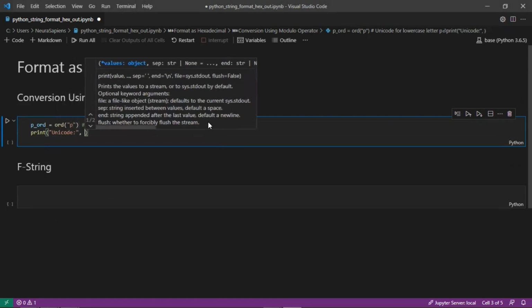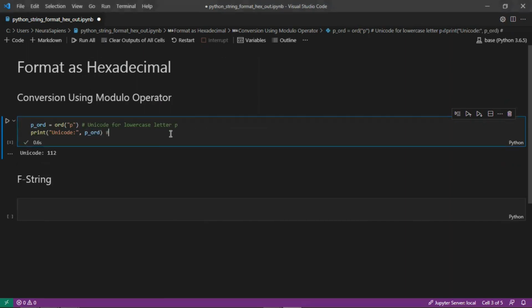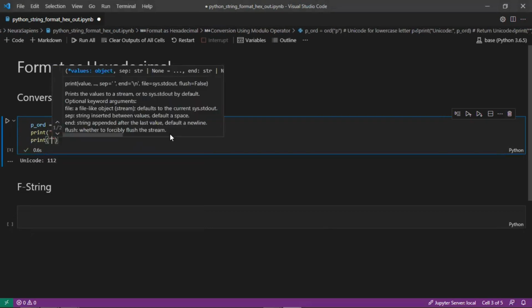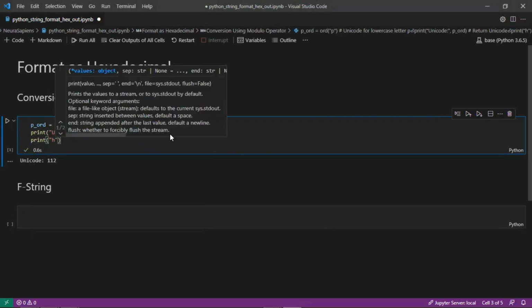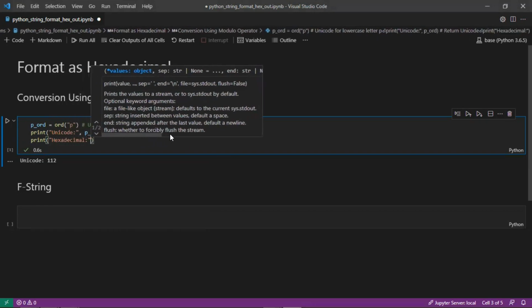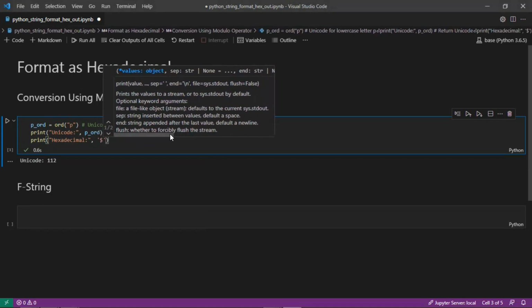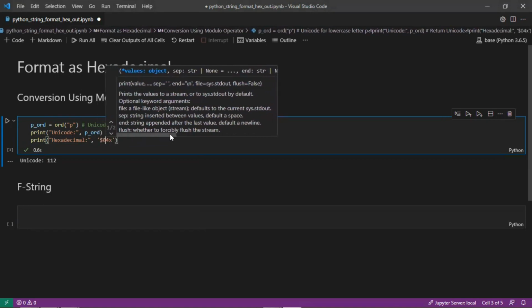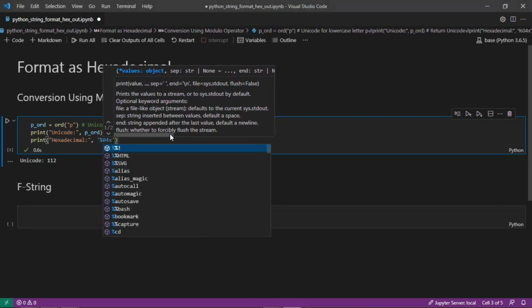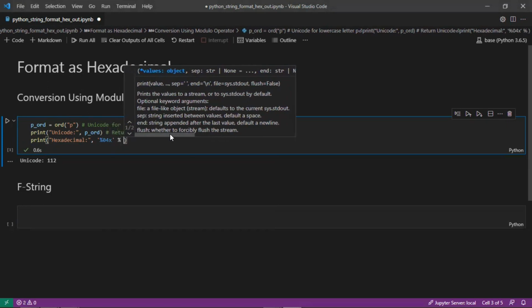So for p_ord, this here is 112. So this returns the Unicode, and we'll now convert it to hexadecimal using a specific format specifier. So hexadecimal, followed by this modulo operator with 04x. So this will print the output here as a hexadecimal, and then we'll convert this using another modular operator for